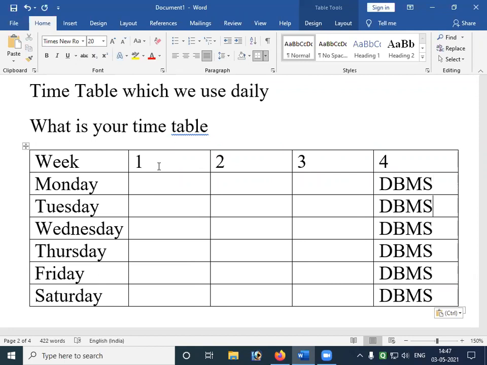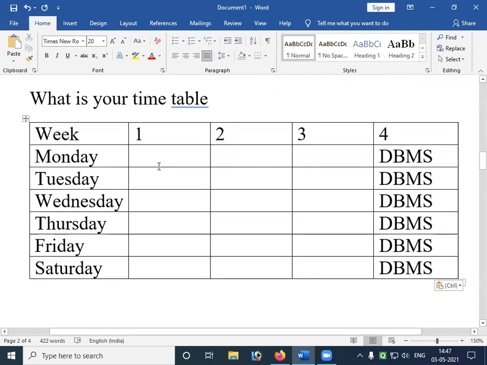Not only this, my dear friends, if you want to show a one year calendar, or a one month calendar, that is also shown in the form of a table.